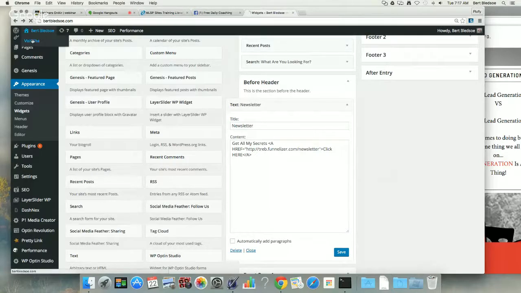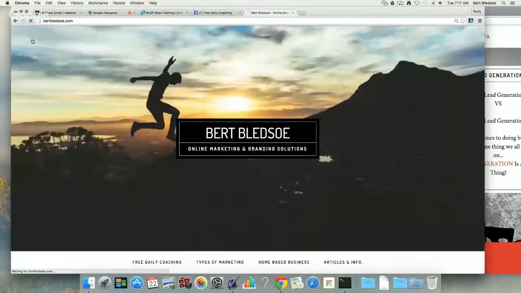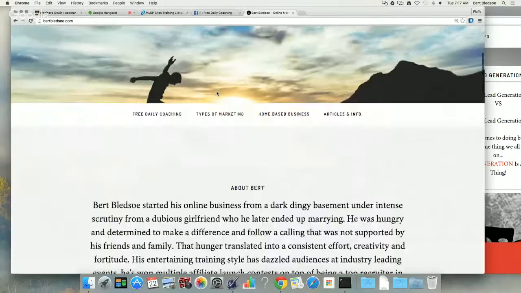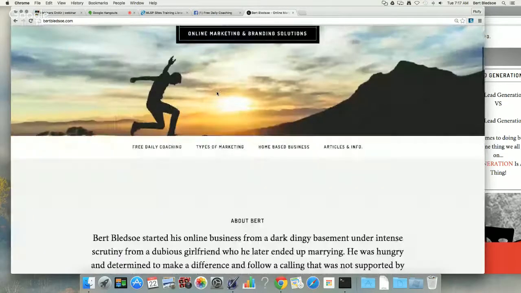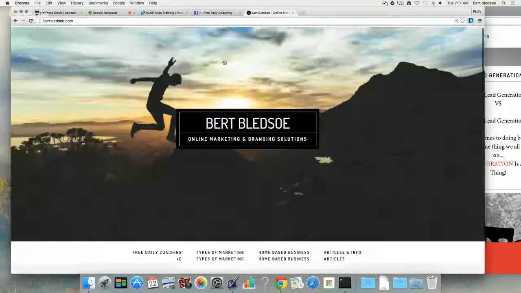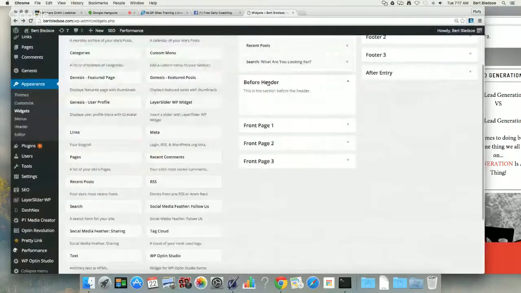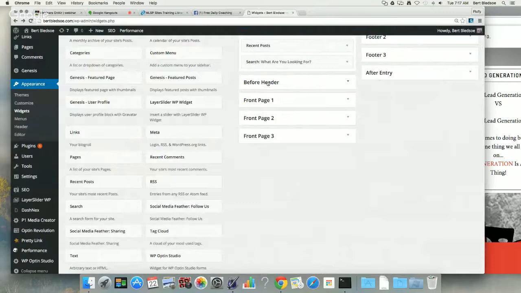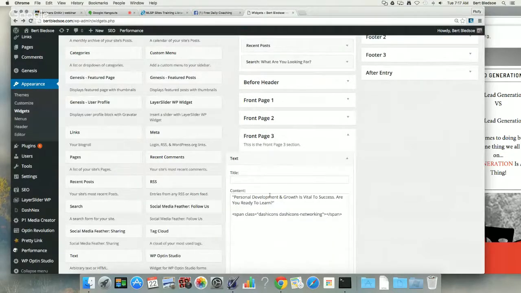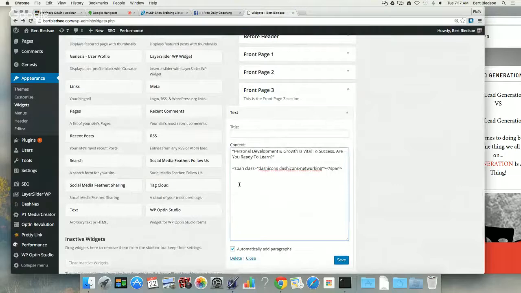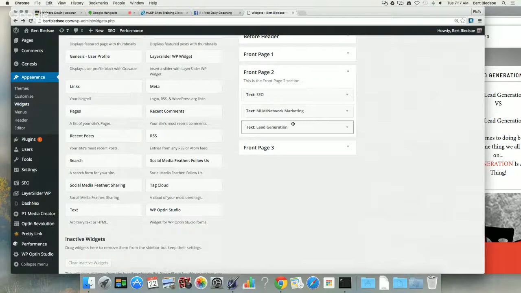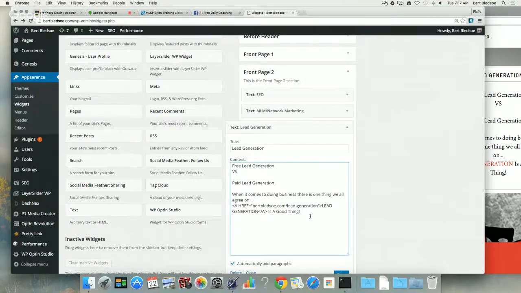And now let's go visit the site and see if it's saved in there. It didn't, and I don't know why. Oh, I probably have that header turned off. So let's just add one in to the bottom of this one right here. This is the personal development, so we don't want that. We'll add it into the lead generation. So we'll just hit enter, enter. I'm gonna enter this in. We'll just tab it in there, and I'll put in